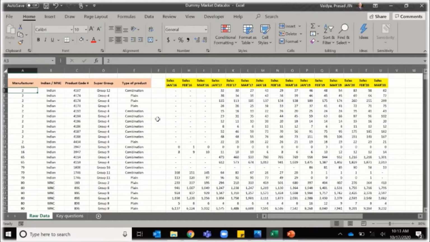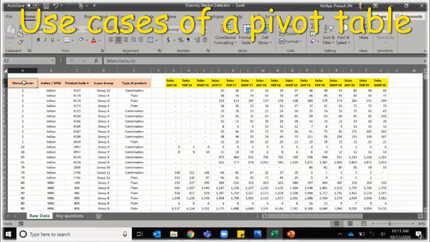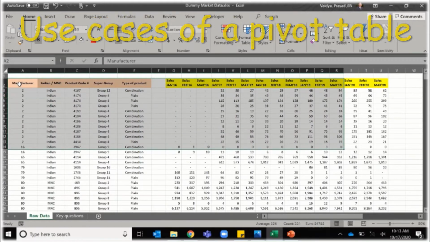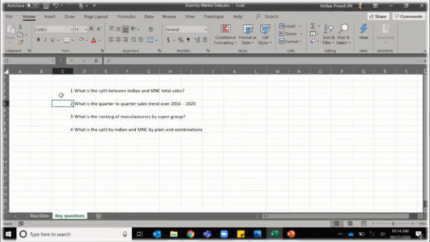But before we jump there, what is the need of creating a pivot table? So for example, if you have such a data set, what you understand is this is a data by manufacturer, the flagging of the manufacturer, and the data is given by the product, and also the products are flagged by the group and the type of product. Now if this is the situation, what are the different types of analysis that you could think of? What are the answers that you are seeking through the pivot table? So just for the sake of saving time, I have listed some key questions which could be answered, and there could be many more, but at the moment let's look at these.